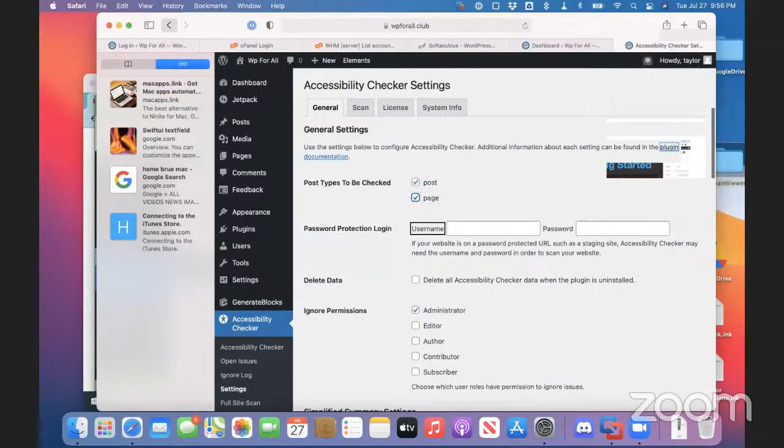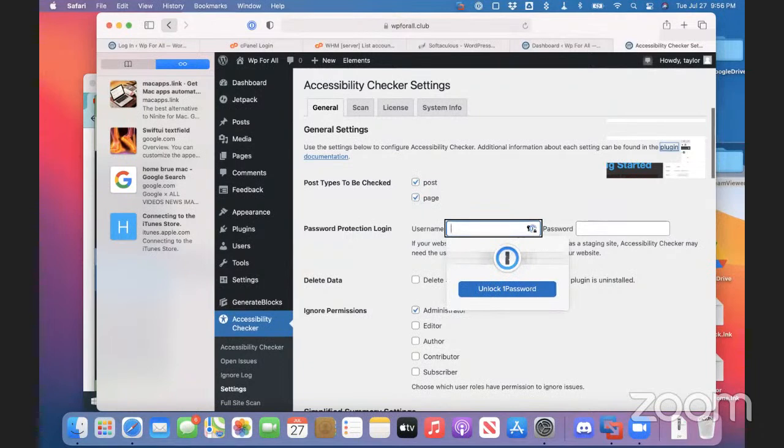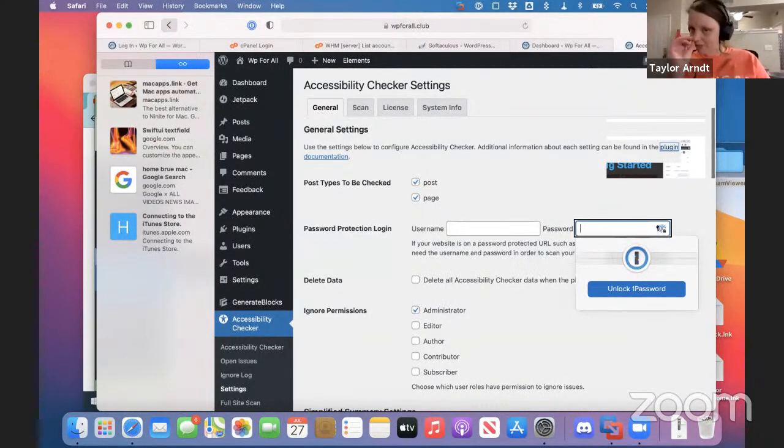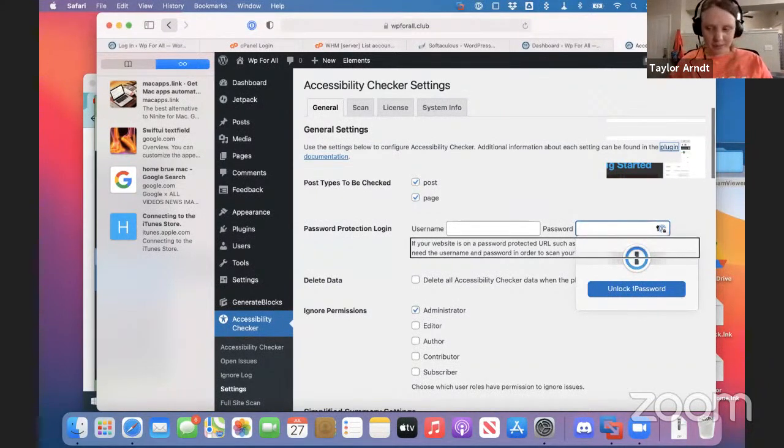Username, edit text with autofill menu. One Password menu of One Password lock. And of course, that's my One Password because that is my favorite password manager. It's awesome. Then it kind of says a password.